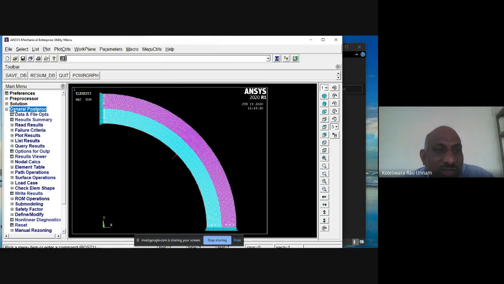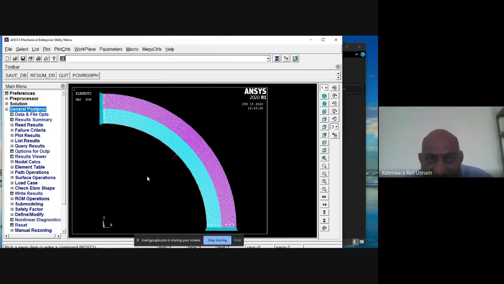Even though you asked only for the stress field, we'll plot the displacement also. That means the radial displacement: at each radius, what is the displacement in the radial direction? Since it is a cylinder, we will work with the cylindrical coordinate system. So far, all the problems we solved used the Cartesian coordinate system. Now we'll extract the results in the cylindrical coordinate system.